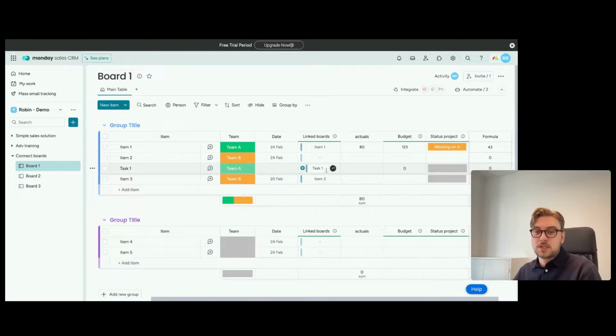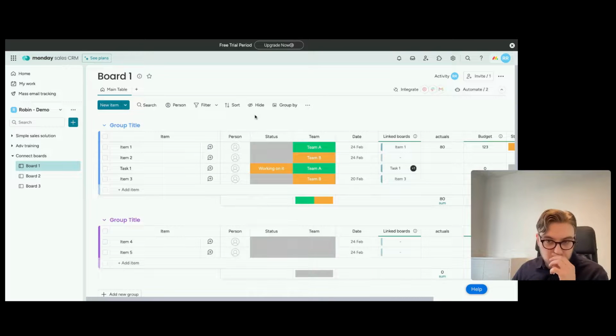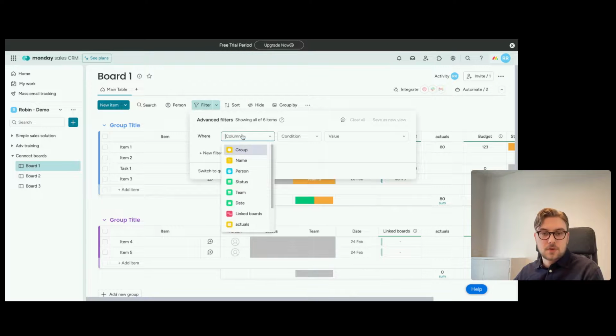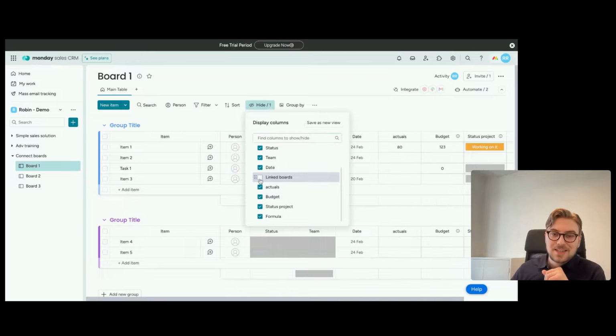So now we have set up so we can utilize the connect column in several different ways between several different boards. We can see different information depending on what we're going for, such as actuals, budgets, and status, and from that information we can utilize it in, for example, a formula column. Now, this view starts to get a bit cluttered, so we can use this filter to hide a couple of columns. We don't always need to see the link columns if we are only going to use them